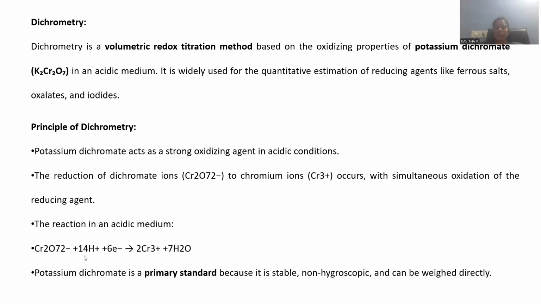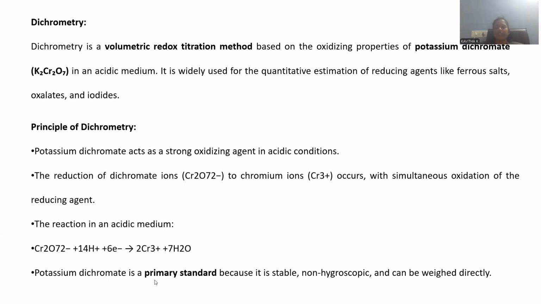Cr2O7 2- reacts with 14H+ ions. You may take sulfuric acid or hydrochloric acid, the choice is yours. The 14H+ is the requirement to facilitate this kind of dichromate titration, where dichromate is able to accept 6 electrons, so that chromium +6 turns into chromium +3. By decreasing its oxidation number, it participates in the reduction. And 7 water is also the byproduct in this dichromate titration.